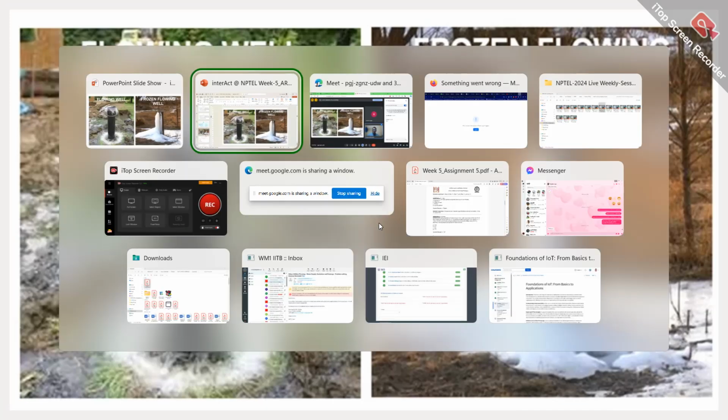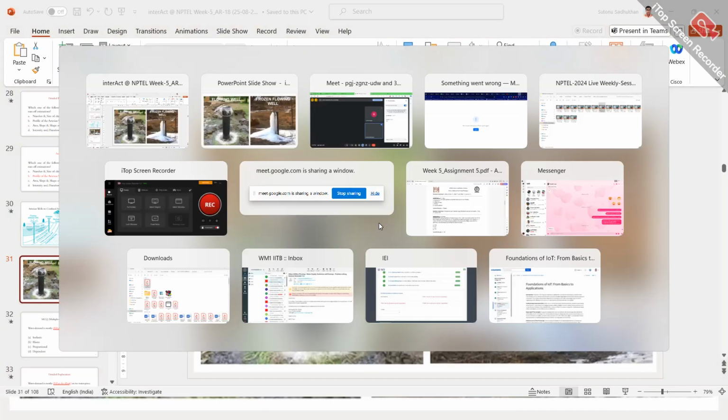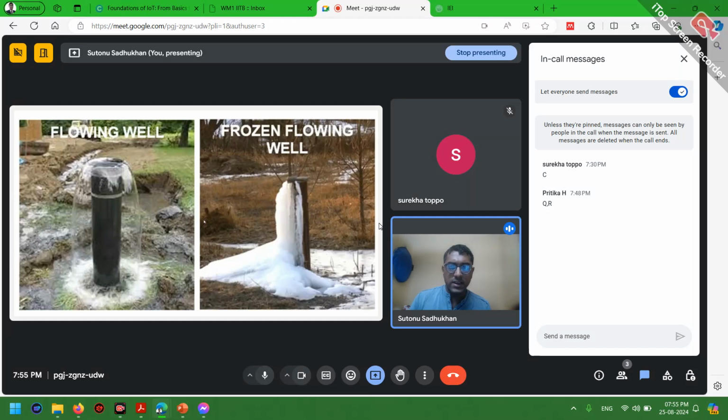So this is how an artesian well looks in reality. If you just dig the well from the underground, the water will flow that way. And in winter season, the flowing water will get frozen. After getting frozen, it looks like this. Okay. So now